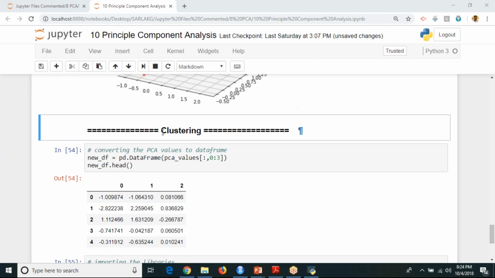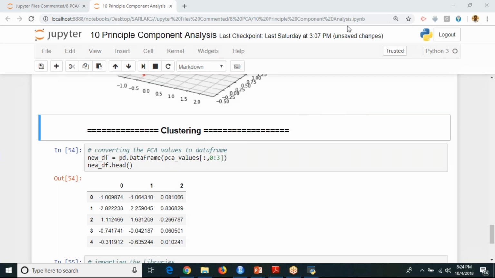Now coming to your clustering process. Once we created your principal component analysis, that is 1, 2, 3, 4, 5, 6, I'm going to implement my clustering operation here. I'm going to create a data frame using these PCA values from 0, 1, 2, that is your PC1, PC2, PC3. I'm going to create a new data set called new_df. This is just a variable name.